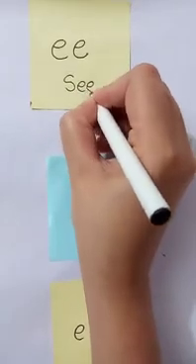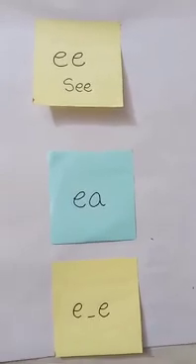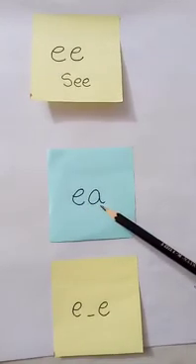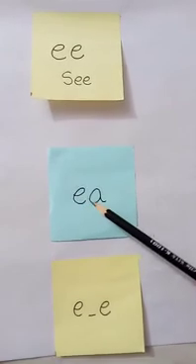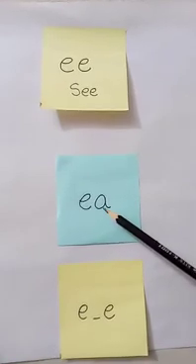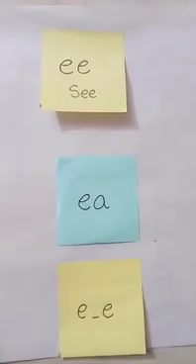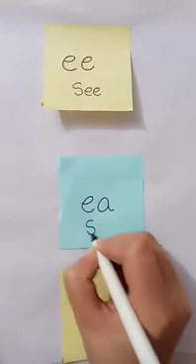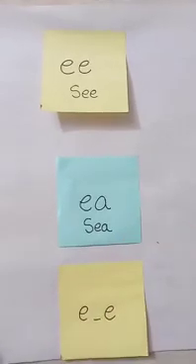I see a doll. I see a book. So sometimes letter E is followed by letter A. Remember, if a vowel is followed by another vowel, the first vowel says its name. So if E is followed by letter A, it will say its name, E. So this is also E. Let me give you an example. C, but this time with A at the last.